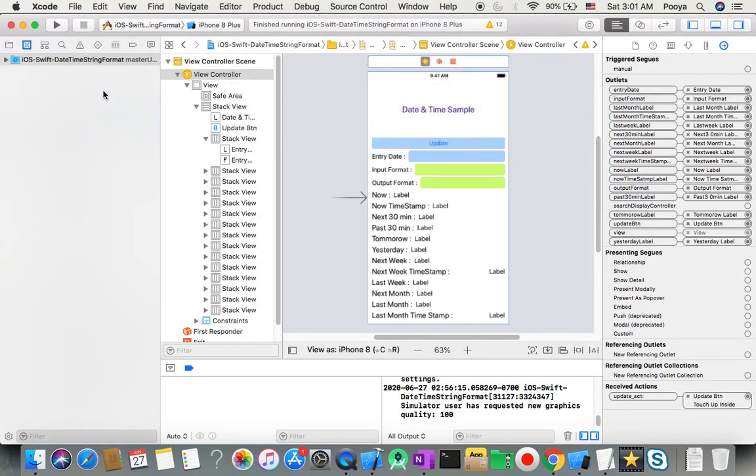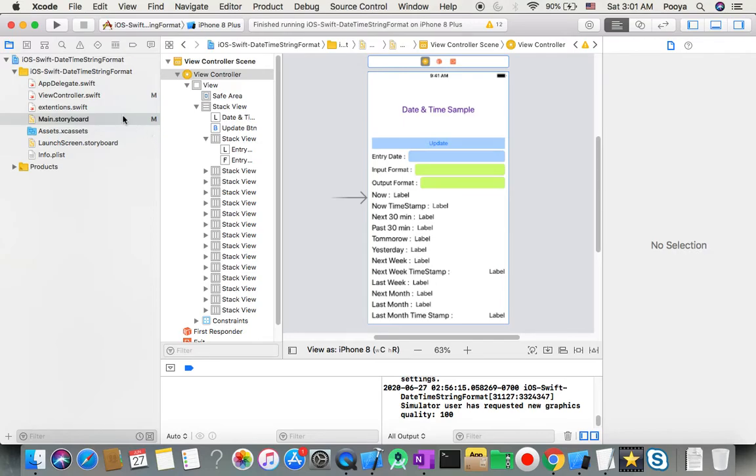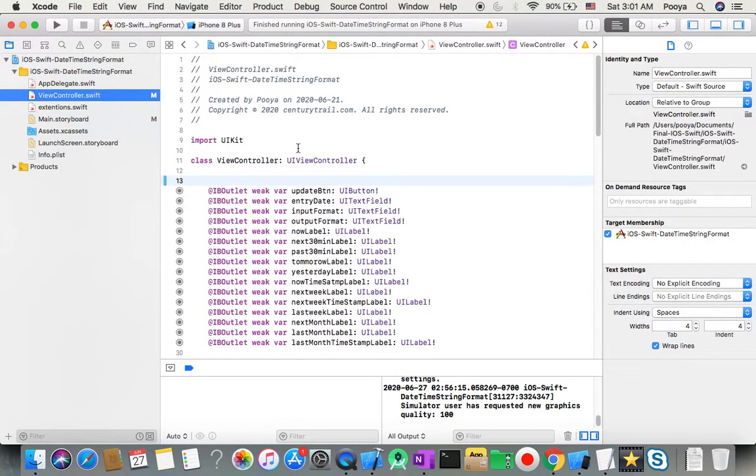So the current active one is UIDatePicker. So now I go back here and I start to add code for adding